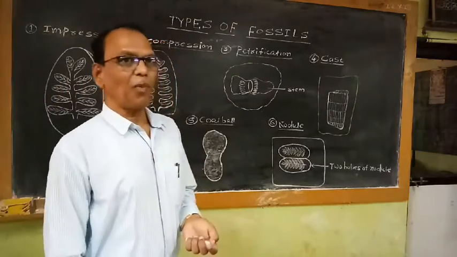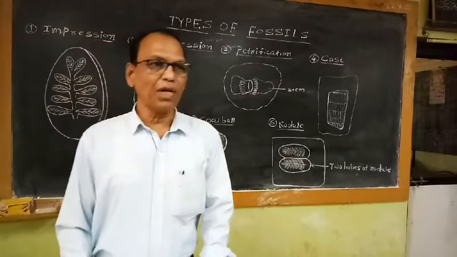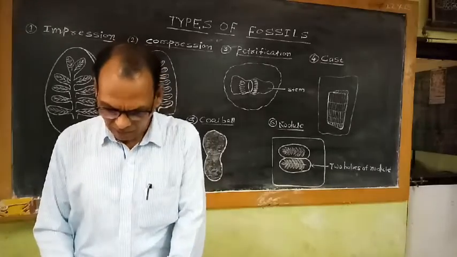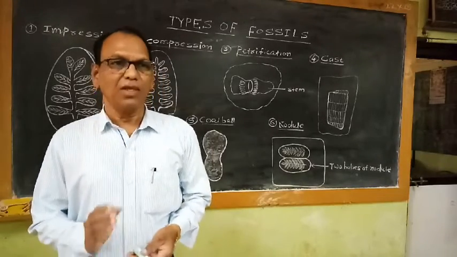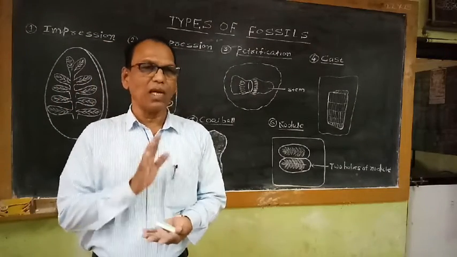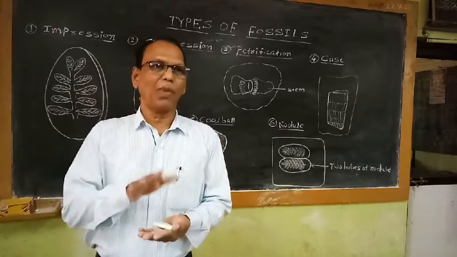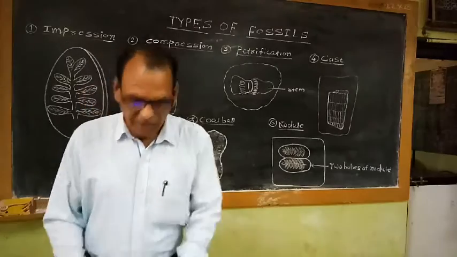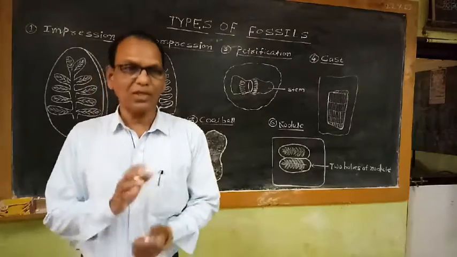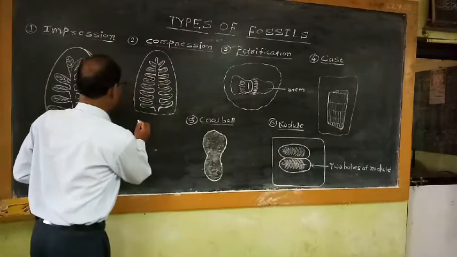Then the next type of fossil is commonly called the compression type of fossil. In this compression type of fossil also, the entire plant or plant part or fragment of the plant is preserved beneath the sediment. So the plant part gets flattened. I have told you earlier, due to deposition of sedimentary particles or sediments on the plant part or fragment of the plant, the plant part gets pressed or compressed and it is turned into carboniferous film.